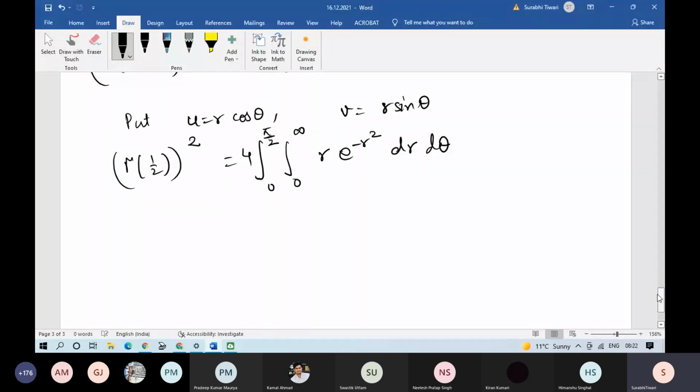ठीक, u varies from 0 to infinity and v varies from 0 to infinity. वहां से निकालोगे लिमिट्स, so this is equal to 2 pi, पहले r के रिस्पेक्ट में इंटीग्रेट कर लो, 0 to infinity r. फर्स्ट हम लोग थीटा के रिस्पेक्ट में इंटीग्रेट कर लेते हैं, इजी पड़ेगा। ये लिमिट्स भी उल्टी हो जाएंगी फिर।